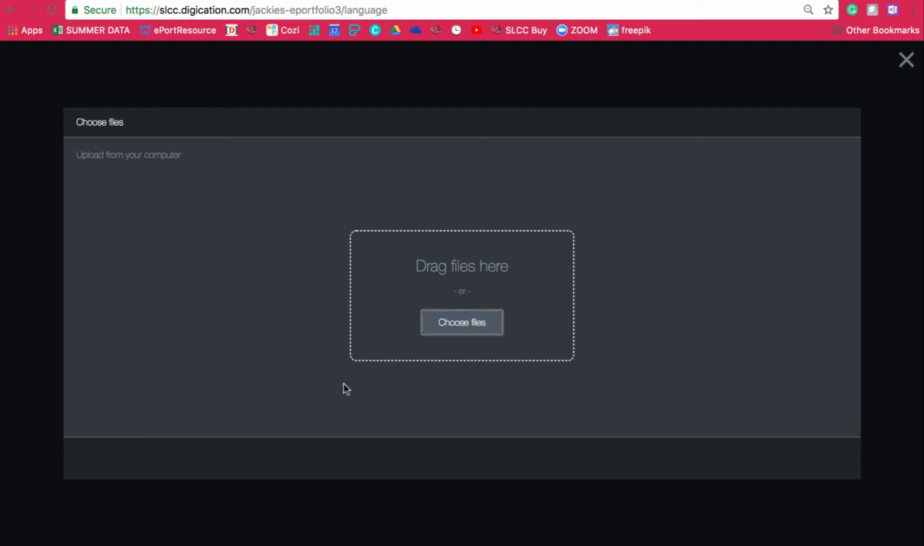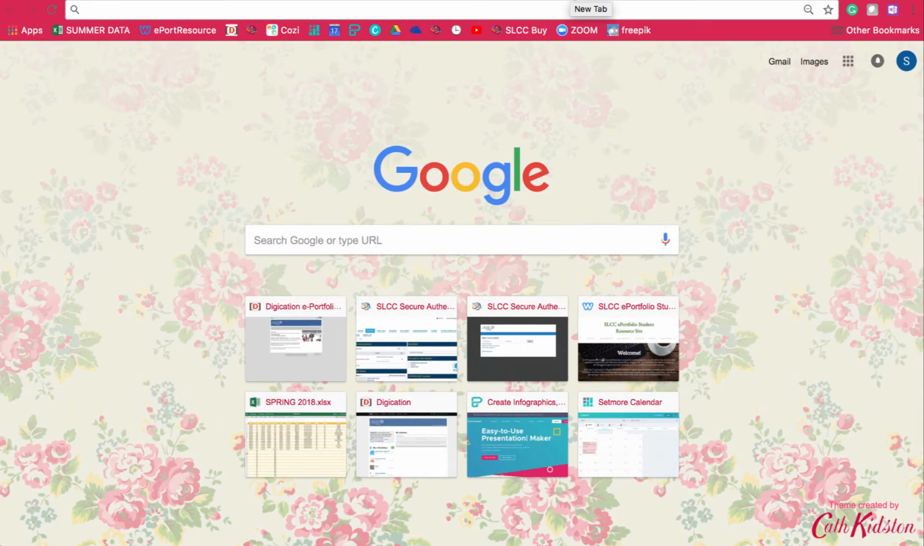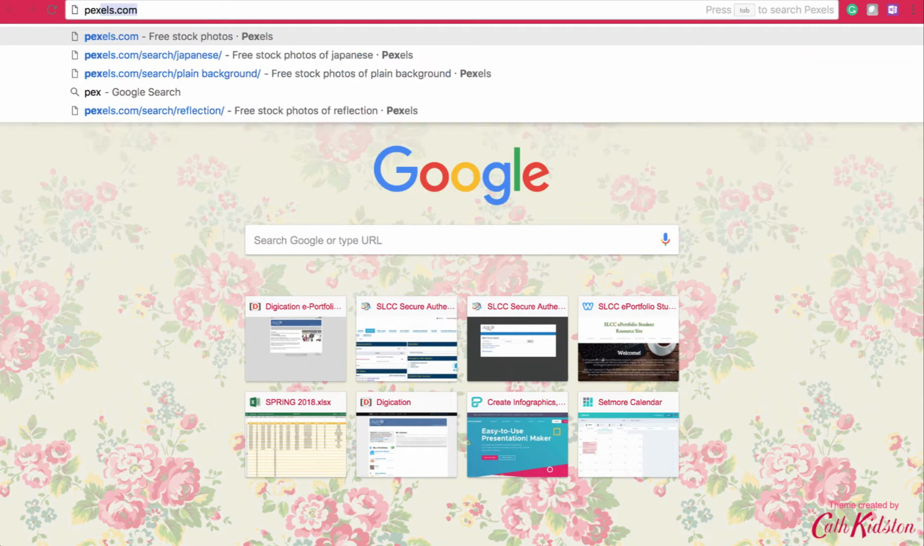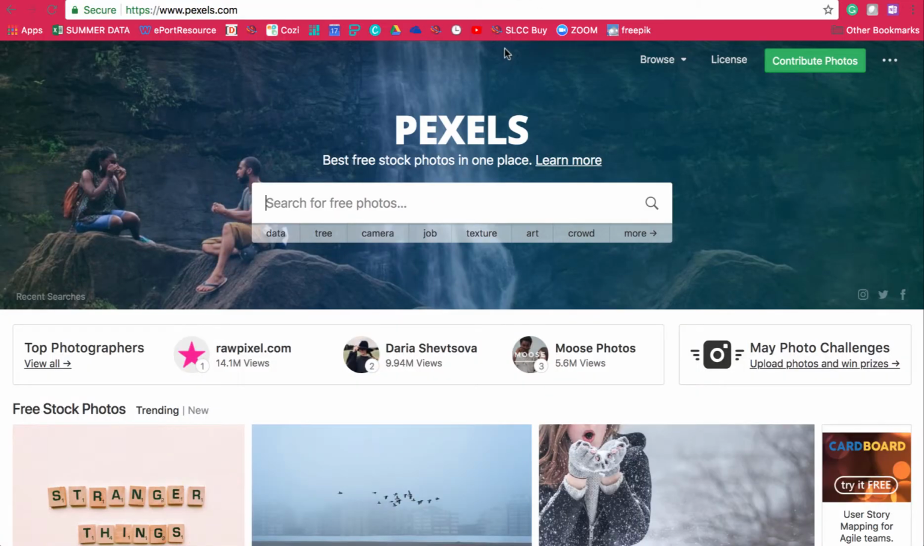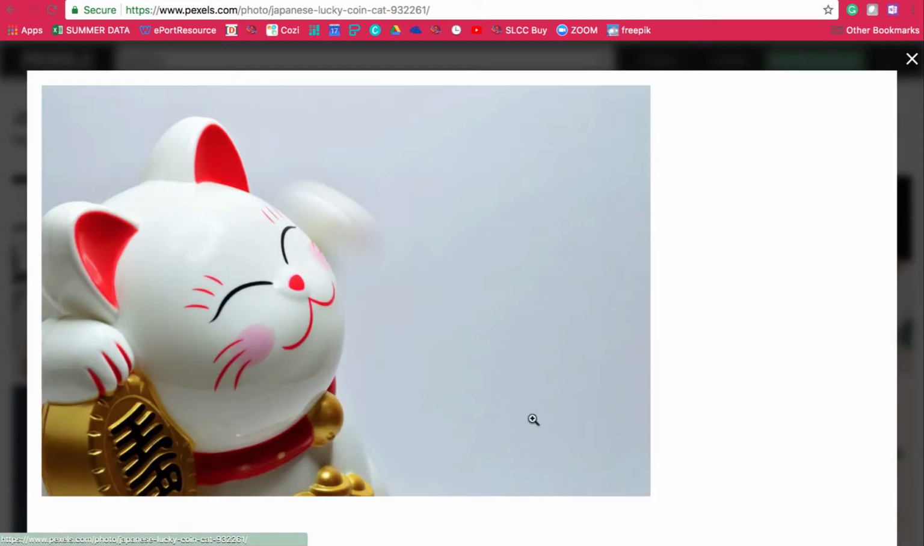Let's assume we don't have an image yet, so we're going to go up and find one from the internet, or if you want to, you can use your own. For those of you who don't already have one, you can use Google or you can use Pexels. I'm going to use Pexels and just type in my keyword. Then I'm going to click on the image that I want, download it, and then I can go ahead and